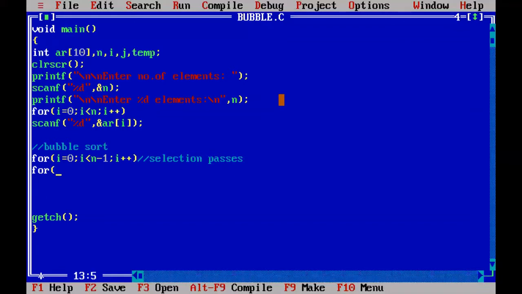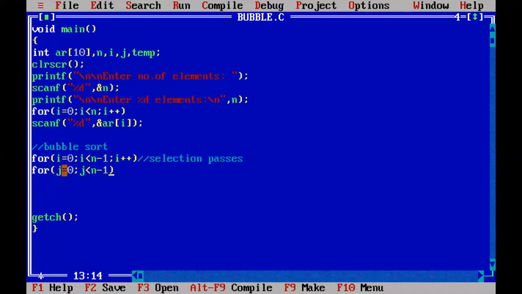Second for loop: whenever pass 1 is selected, then we have to select the elements. For element selection, we are writing the second for loop, j equal to 0 and j must be less than n minus 1.